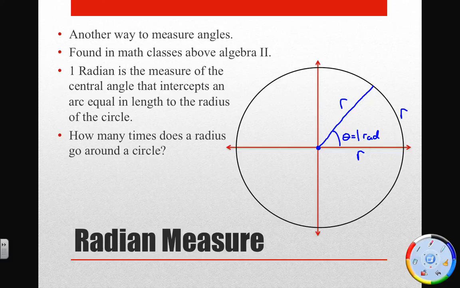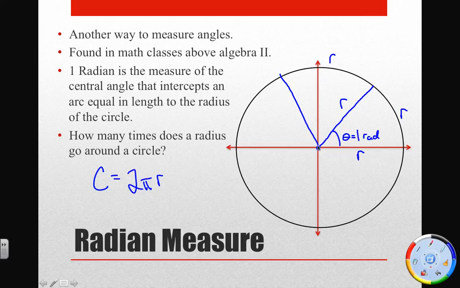Well, one of the basic things you learned in geometry was how many times does the radius go around a circle? And if you've never asked this question, you've certainly used it plenty of times. You know that to go around a circle is circumference. And circumference is 2 pi r. That means to go around the circle, the radius goes around 2 pi times, or just a little bit more than 6. So if we were to continue this,